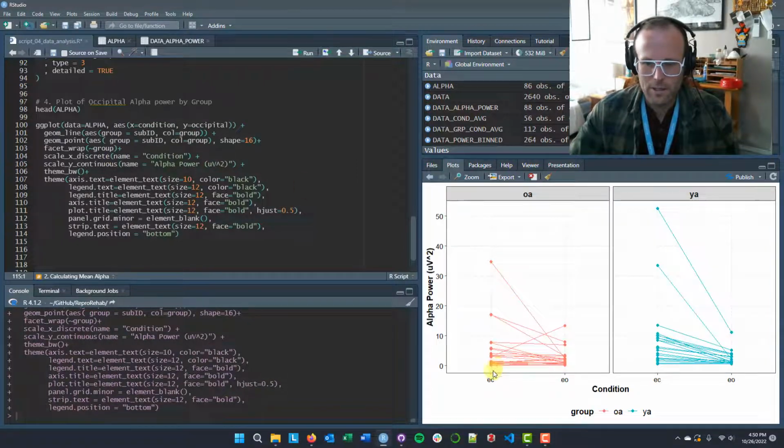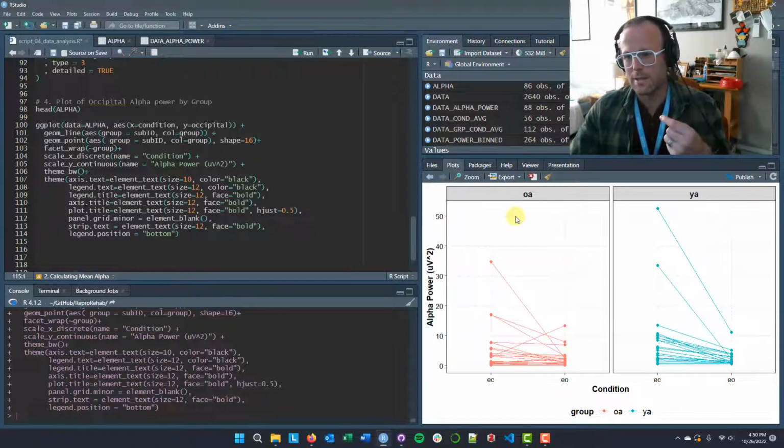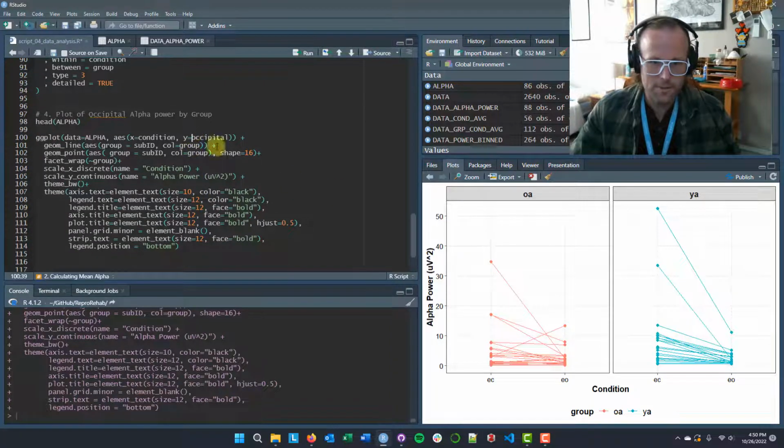And there you go. We've got a plot that actually shows us the individual differences for each person, right? Whether you're an older adult or a younger adult. And it does look like there is some evidence of modulation here for the older adults versus the younger adults. One thing that we do see is, there is this positive skew. So we might actually want to analyze our data using a log transformation of the alpha power. So we could actually get into doing a statistical test for is it a violation with respect to the distribution of residuals. But for now, let's just consider this visually for a second and say, let's look at